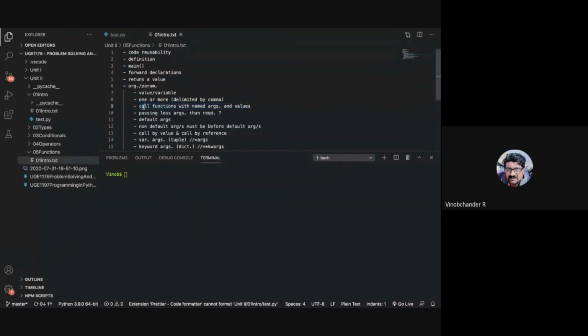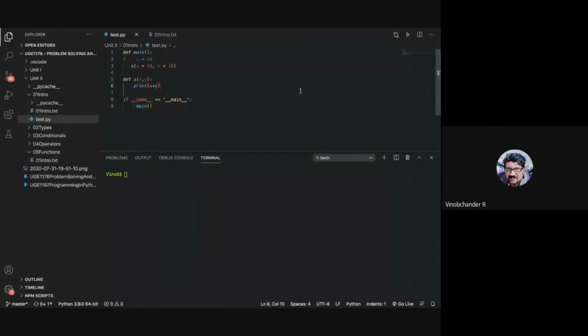All right, so that is calling functions with named arguments and values. Now, coming to the concept of passing fewer arguments than required, what will happen? Let us see that. Say I have two arguments, say 20 and 30, and let me have one more, say 20, 30, 40.